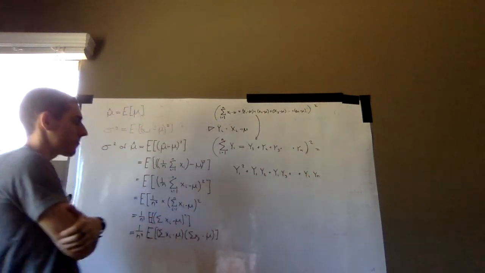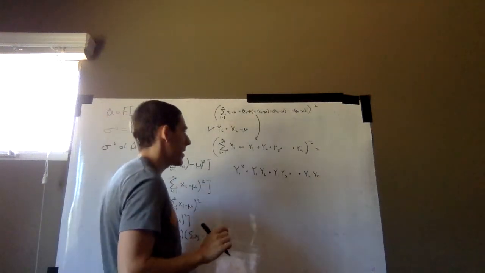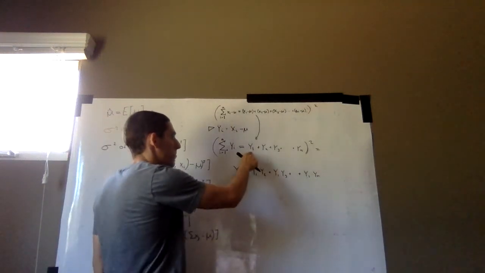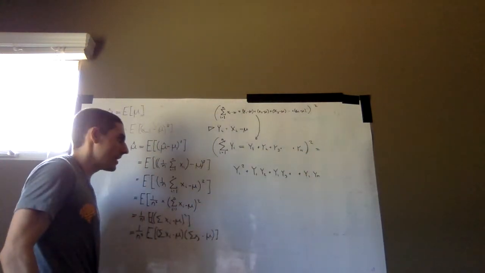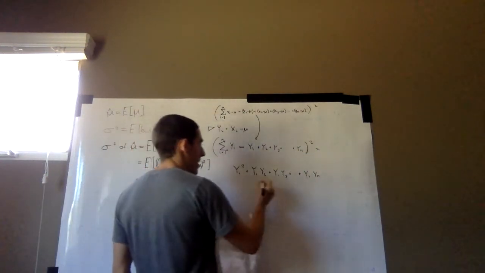So that's one thing. That's like the first column. This first row is we are multiplying y1 by every other term in this expression, and then we're going to add that